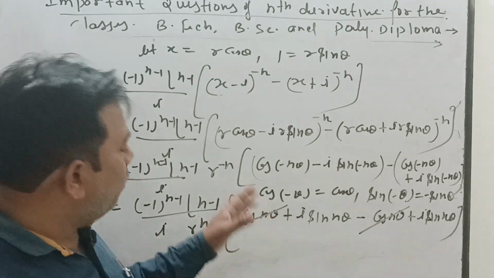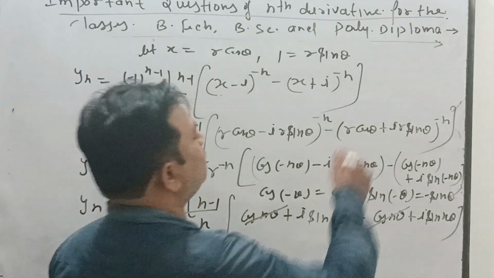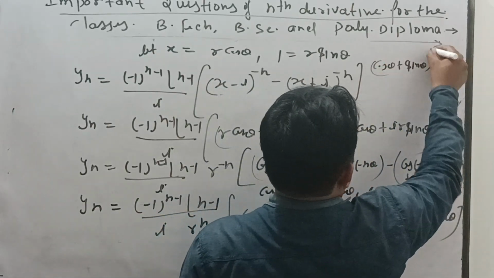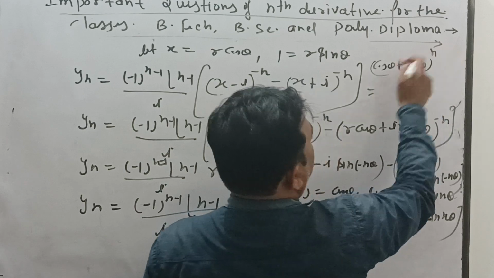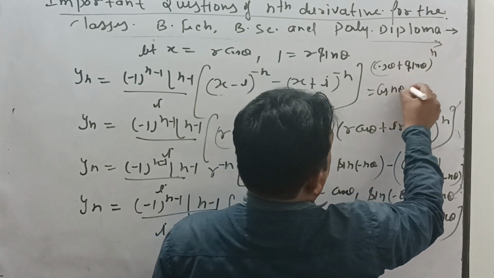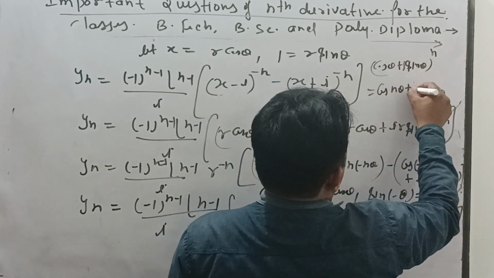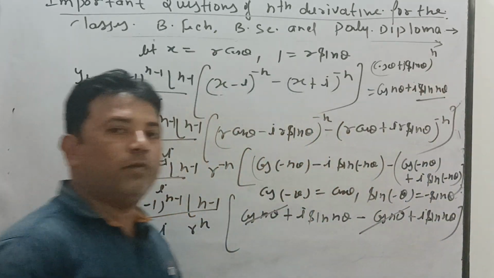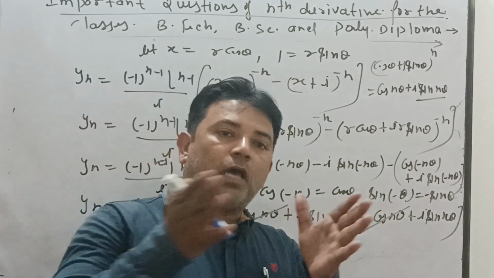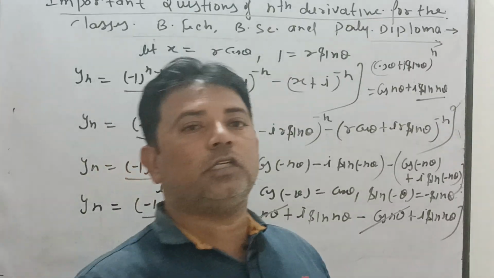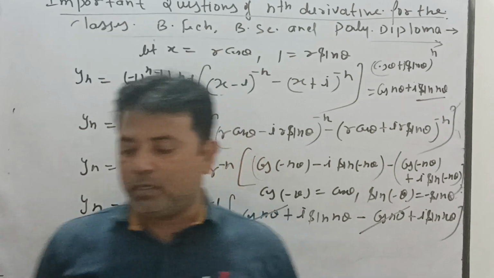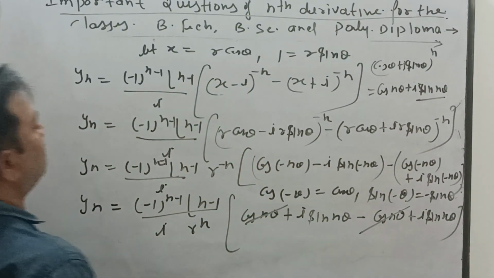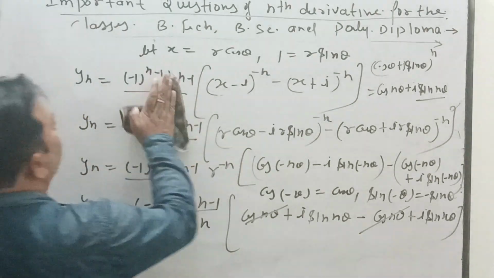You know about De Moivre's theorem. De Moivre's theorem says that (cos theta plus i sin theta) to the power n equals cos n theta plus i sin n theta; the power is multiplied with theta. This is De Moivre's theorem. We multiply the power with the angle, with sign: positive then positive, negative then negative. Please make a note. Understand all of you? If you have any doubt?